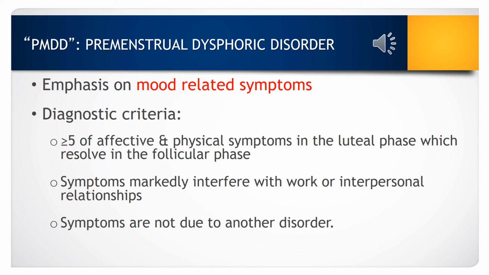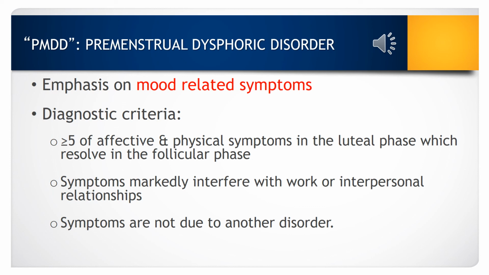So in order for a woman to be diagnosed with PMDD as opposed to PMS, she would have to present with at least 5 affective, meaning mood-related symptoms, and physical symptoms that occur during that luteal phase, and again resolve